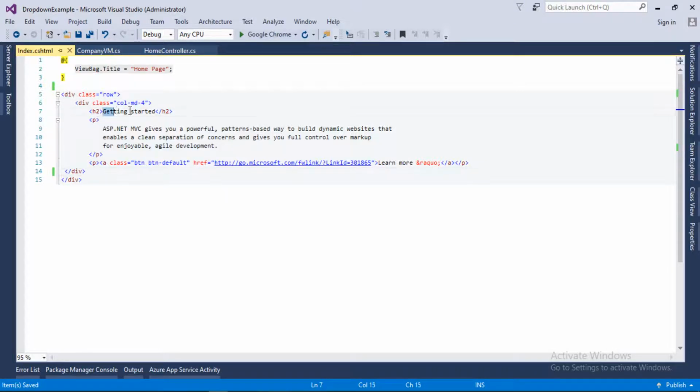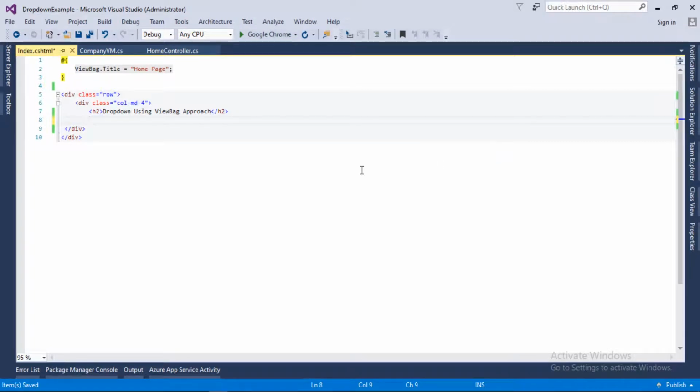And now we will provide some heading here: Drop down using ViewBag approach, and here we will create our drop down to display on the view.